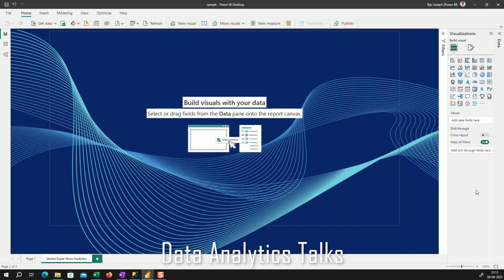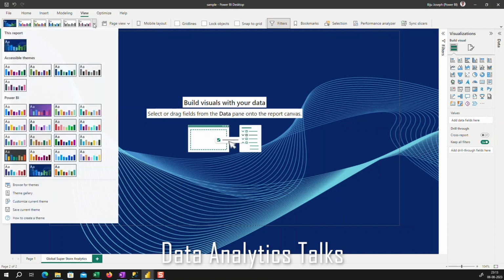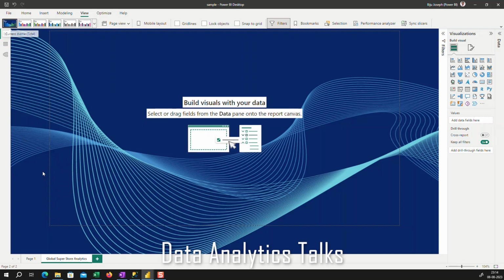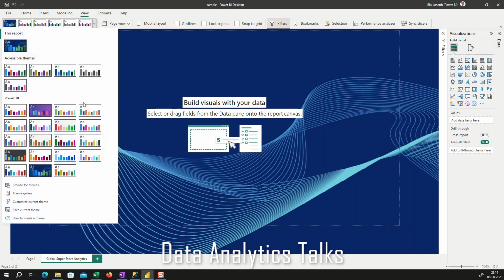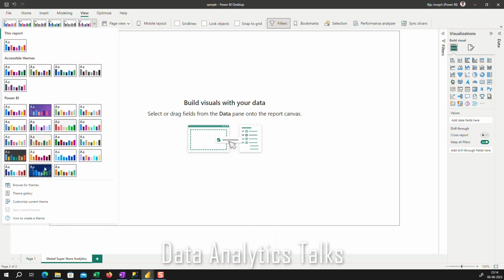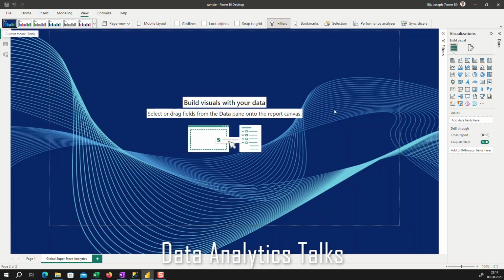By default, you are seeing a beautiful theme. Of course, you can change the theme under theme menu. Let me choose this one again. I like this. Let's read. Build visual with your data. Select or drag fields from the data pane onto the report canvas. So what you see